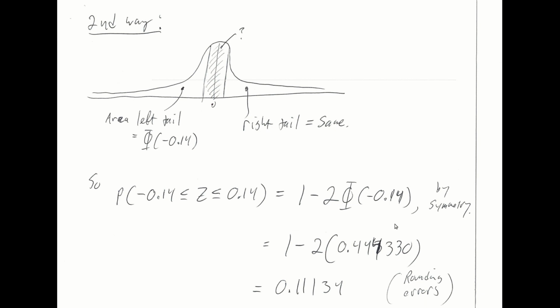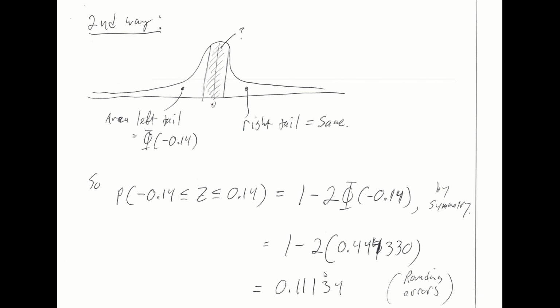So the probability that z falls between these two values is going to be 1 minus the area of the left tail minus the area of the right tail, but those two areas are the same, so I'm writing it as 1 minus twice the area of the left-hand tail by symmetry. And then I can look up on my chart the value of phi at -0.14, and I'm seeing that it's equal to 0.444330. And I'm taking 1 minus twice that value to get to